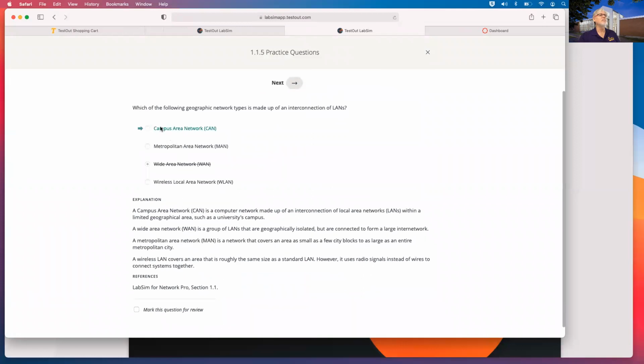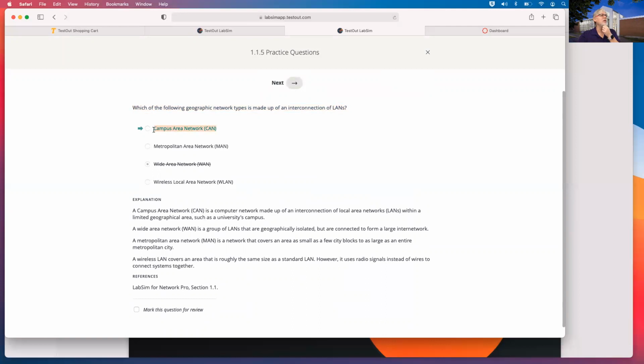Hey, a campus area network, I got it wrong. Right, your explanation gives you everything you need. And so you're not just taking this once. They have set this up so that when you get it wrong or right, you say check answer, and then you read this, go, okay, so why is this